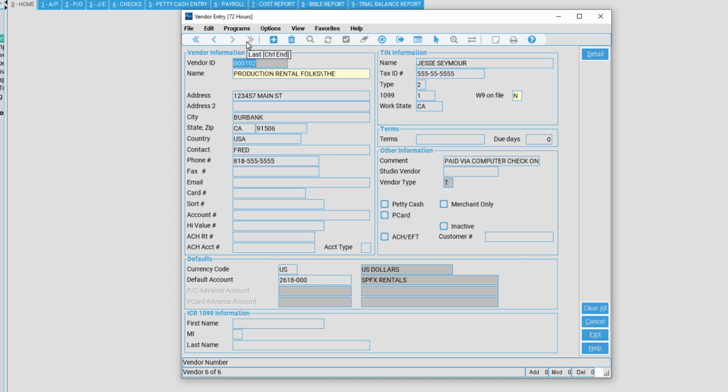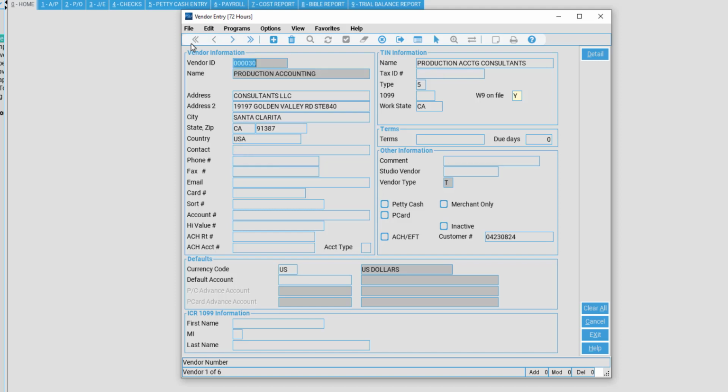And then I can click this, the last page, to go to the last available record, which is our production rental folks here. And I can select first to go back to the very first vendor that I selected. Hitting cancel in my upper right to bring me back to a blank screen so I may search again or